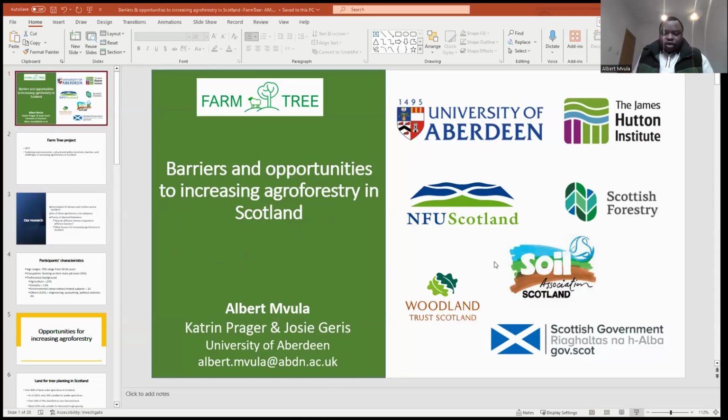So I'm just going to be talking about the other part of the project, which is the socio-economic side of it. I'll mainly be focusing on barriers and opportunities to increasing agroforestry in Scotland. So I'll just start with